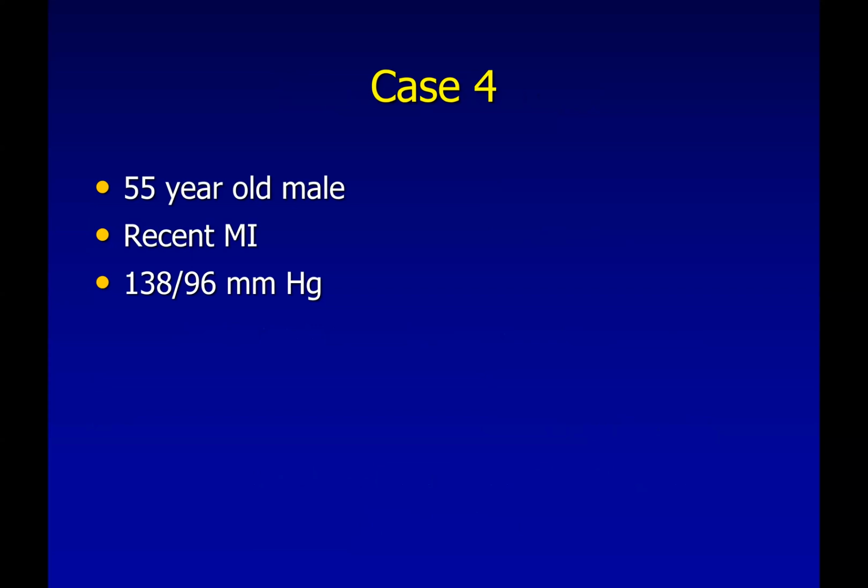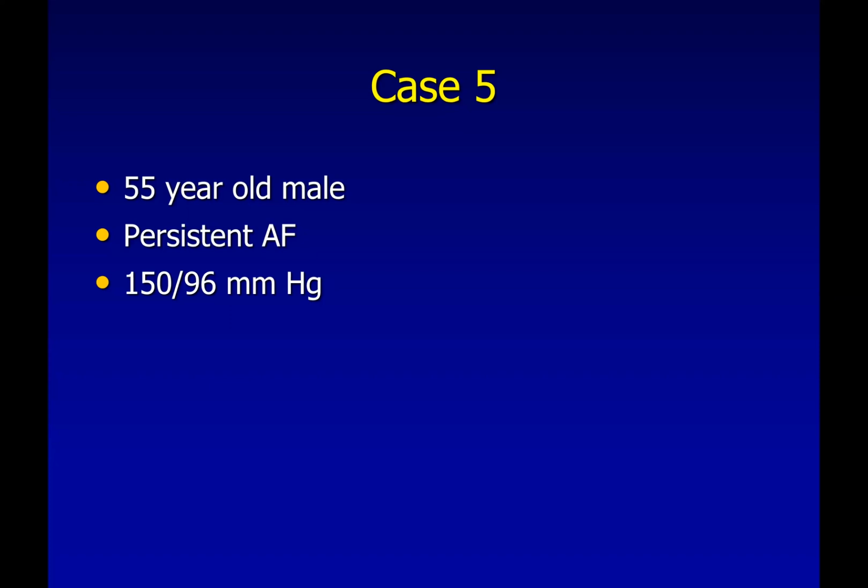So the previous case was also around 45 years old with high blood pressure, but this is an added entity, an added comorbidity: recent MI. So recent MI becomes a compelling indication, because now you will use an antihypertensive drug which should cater to MI also. Similarly, if this patient was diabetic, that would also become a compelling indication, because diabetes would compel you to use a particular antihypertensive drug. So I will come to this.